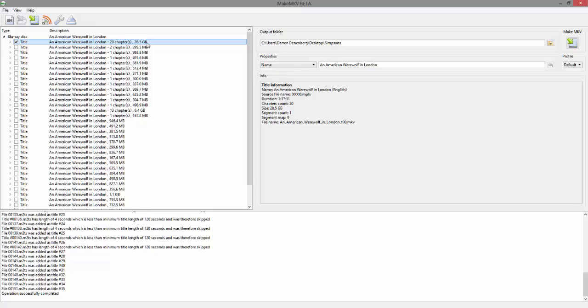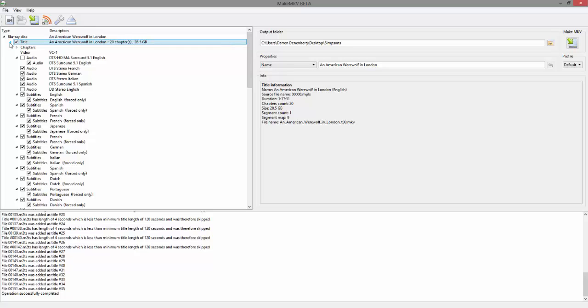You can see that this one is 28.5 gigabytes. This video file is way bigger than all the rest. That's how you know that it's the main file, it's the main movie. If we expand it by clicking on this arrow,